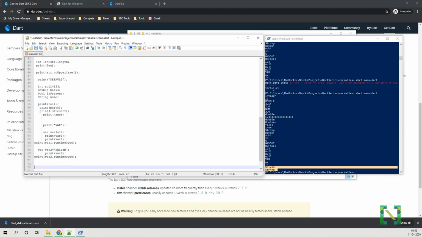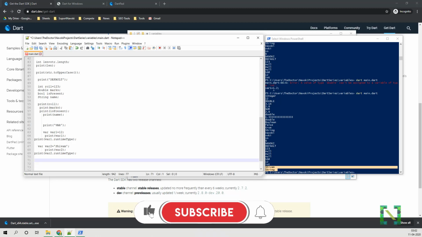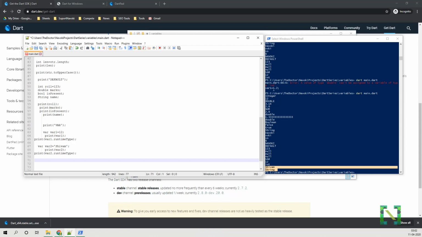Similar to the var data type, there is also another keyword, dynamic. Like var, we can use it to store any type of data type and store any type of value. Dynamic and var are almost the same. To declare a dynamic variable, type dynamic and the variable name and assign any type of value. This data type is used when you don't know what type of data you are receiving from the server end.